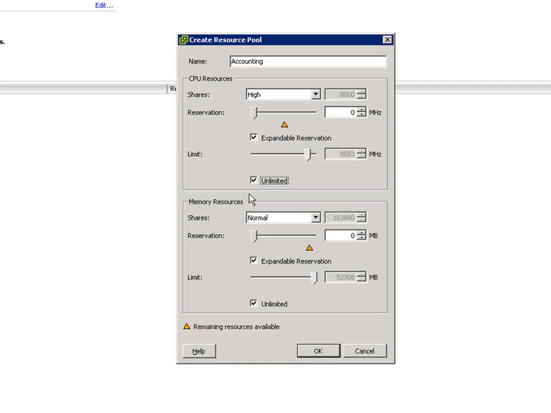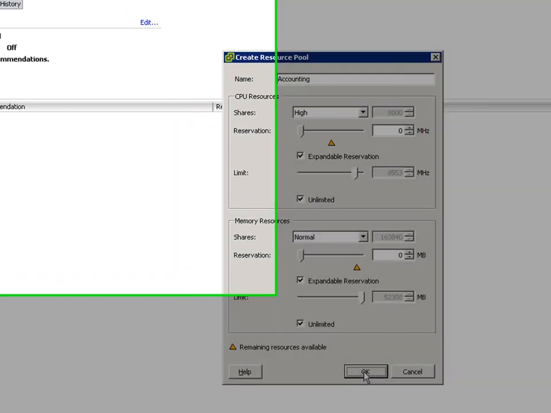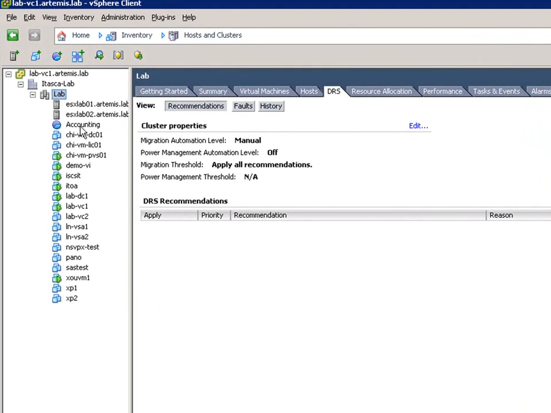So I'm going to keep this at unlimited, and we're going to take a look at memory. And memory is kind of the same thing. You have the same values here. You have low, normal, high, and custom, and you have a reservation, a limit, and unlimited, and you have the same thing with the expandable reservation. So I'm going to click on OK to create this object, and you'll notice that the accounting resource pool has